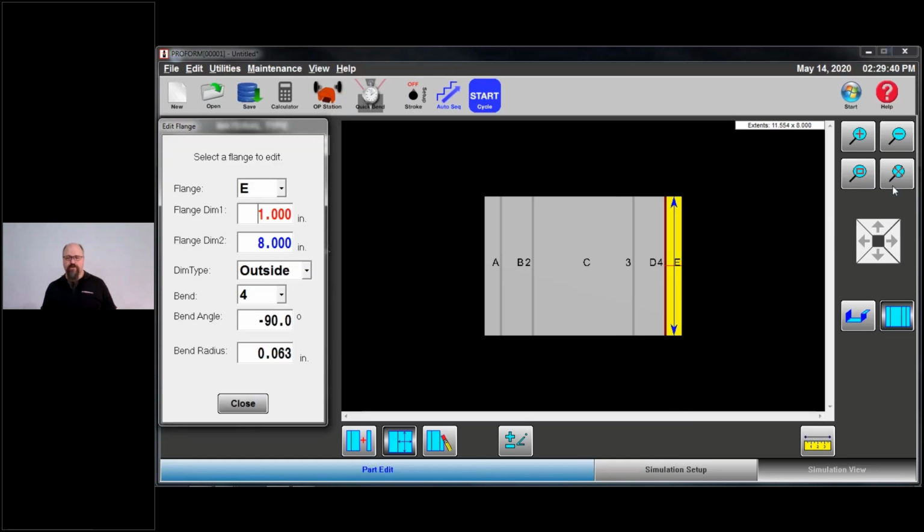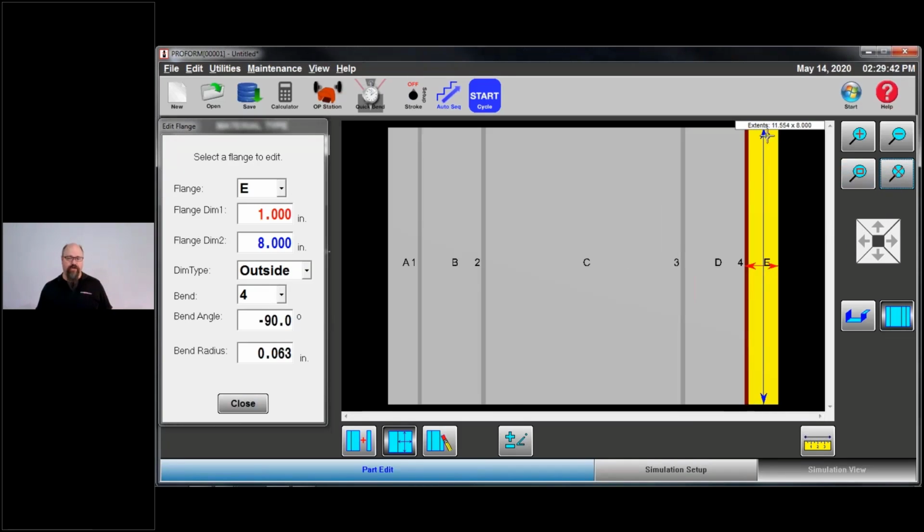So if you notice in the upper right corner here, I've got a flat of 11.554 by 8 inches. Theoretically, when I finish this part completely, it's going to be 12 with all 4 of the bends stretched out, 1 inch, 2 inch, 2 inch, 1 inch. That's 6 plus my base plate of 6 inches.